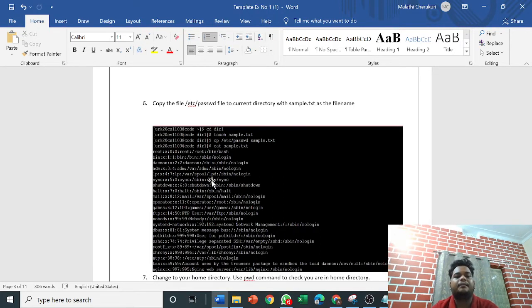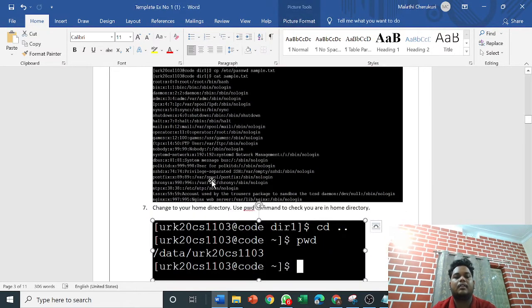And after that, I used cp to copy the contents into sample text. After copying, I used cat sample text, which simply displays the contents of it. So you can see that the passwd entries and so on are all there in that file.